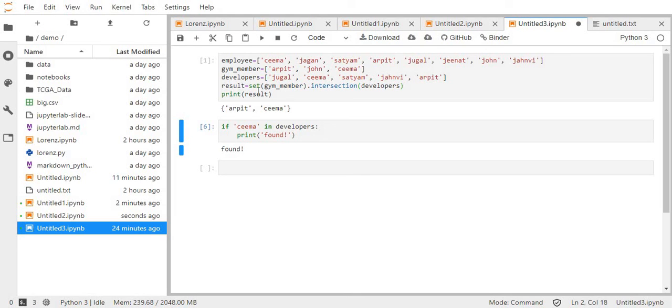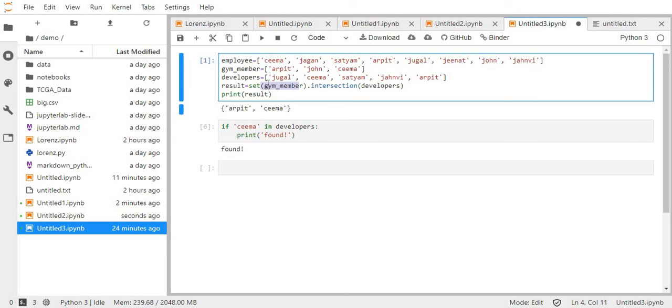So I'll cast employees to a set, then here comes difference, gym member, developers, and then I'll print result.